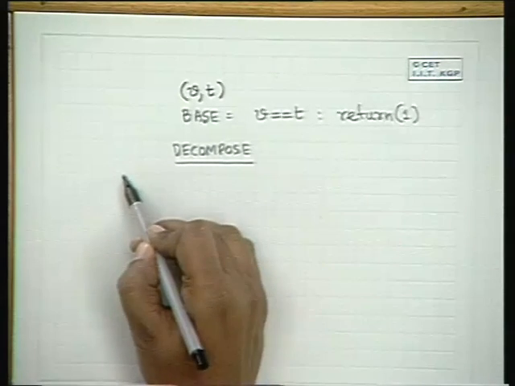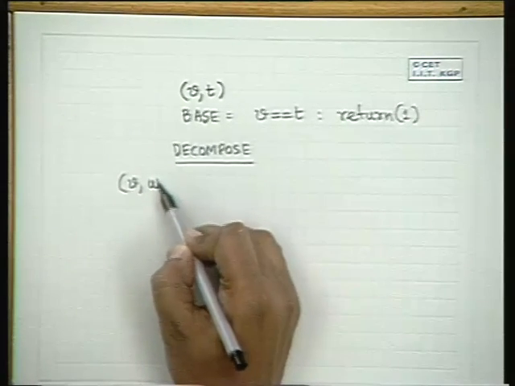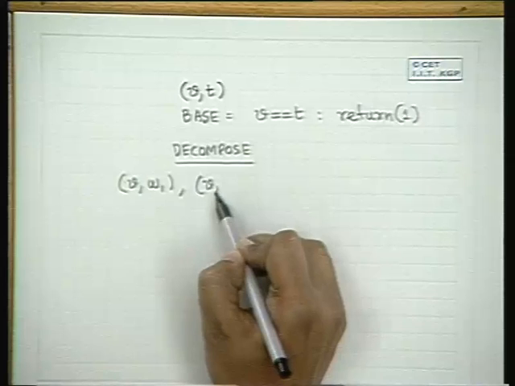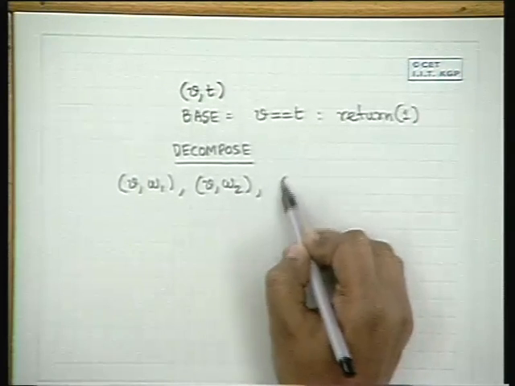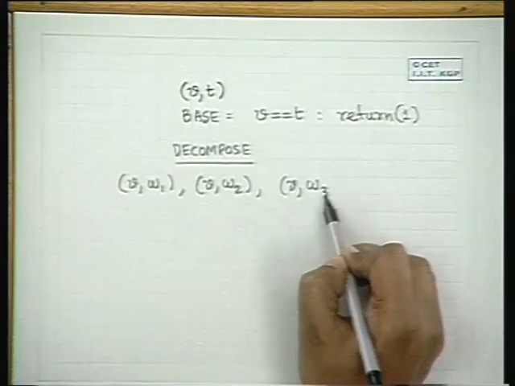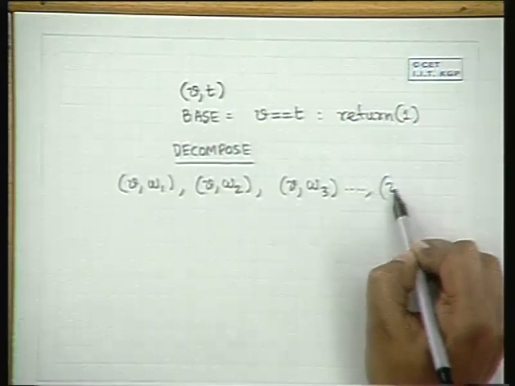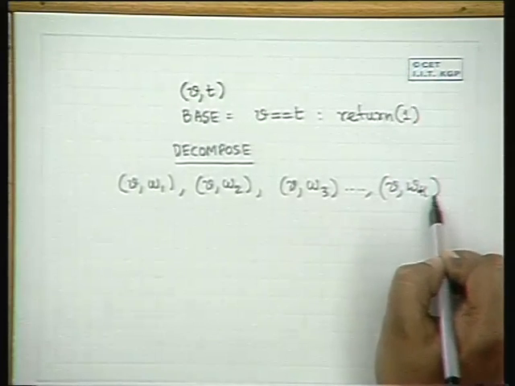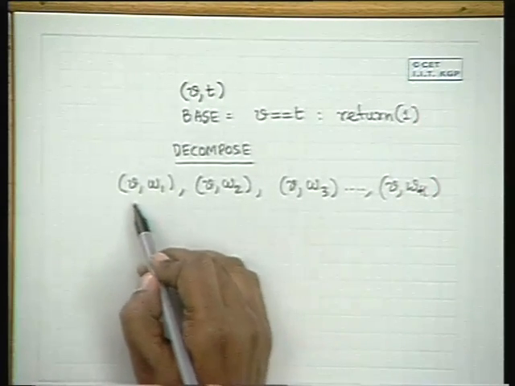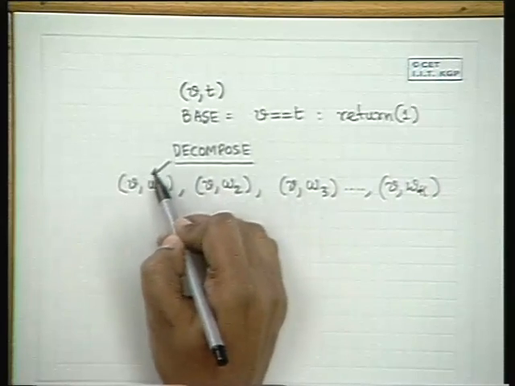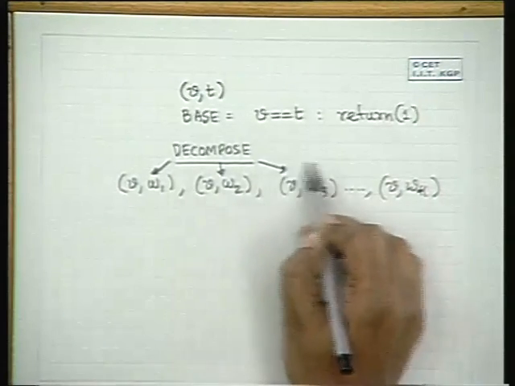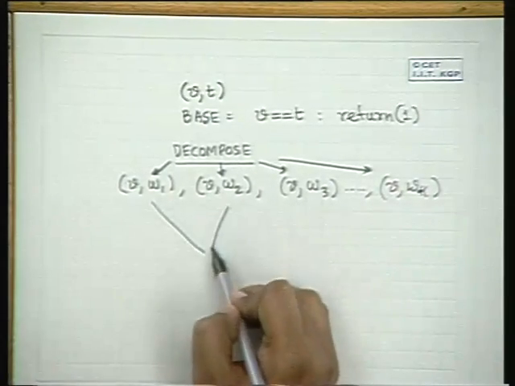If there are edges V, W1, up to V, WK, if there are K edges, then you call it recursively on all of them. And if any one of them returns 1,